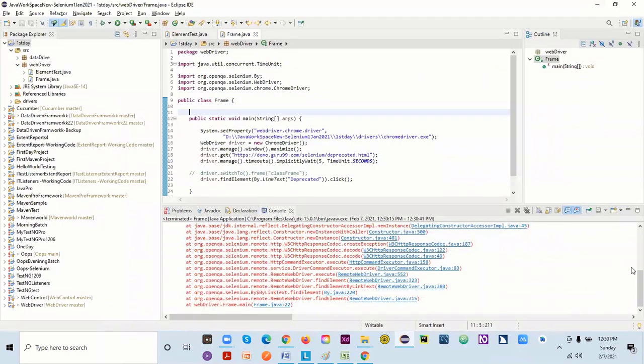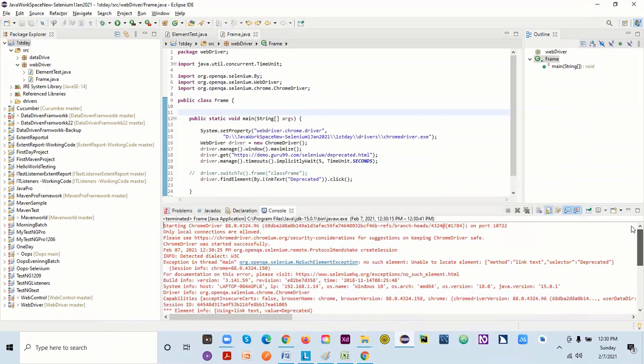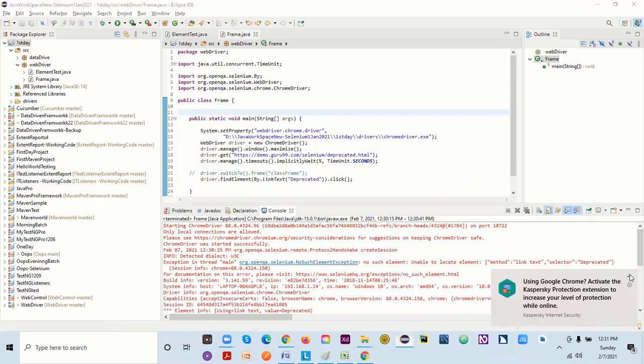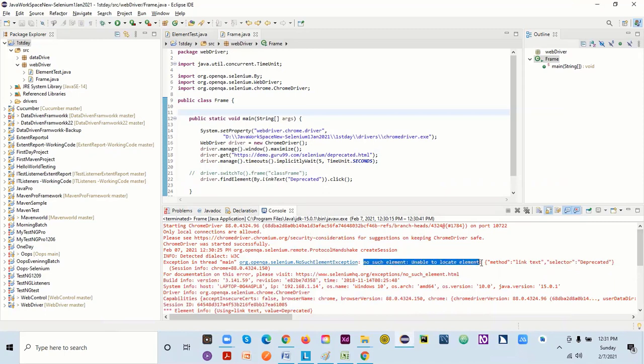Let's go and check. Here we got the issue. What is the issue here? If you come here, you will see Chrome driver started fine, and then no such element available. Because we didn't go to that third frame. First of all, to click on that link, we need to go to the third frame.